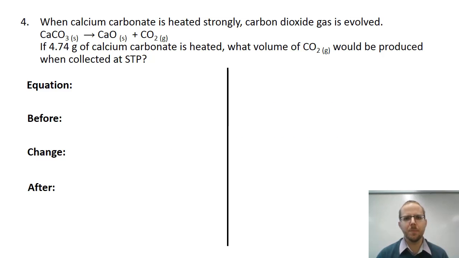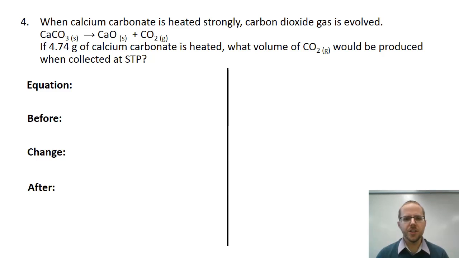Firstly, we picked example 4, which reads, when calcium carbonate is heated strongly, carbon dioxide gas is evolved. And we have the equation there. If 4.74 grams of calcium carbonate is heated, what volume of carbon dioxide gas would be produced when collected at standard temperature and pressure? Now just remember before we continue that standard temperature and pressure is 0 Celsius and 100